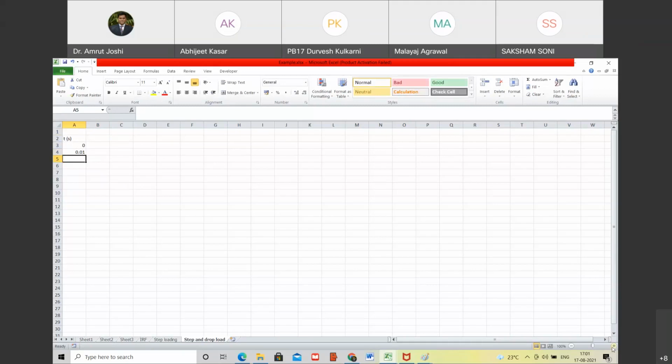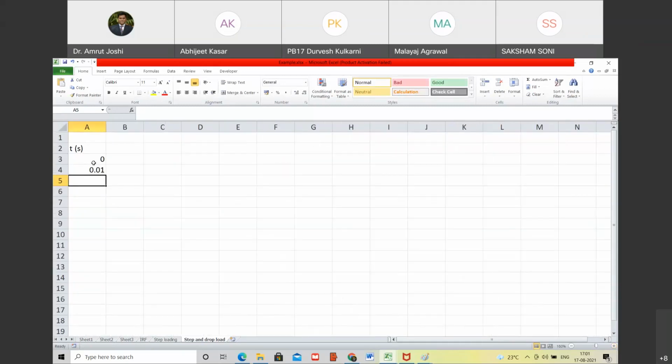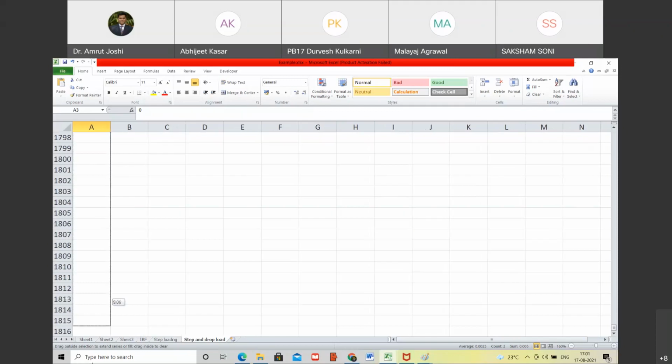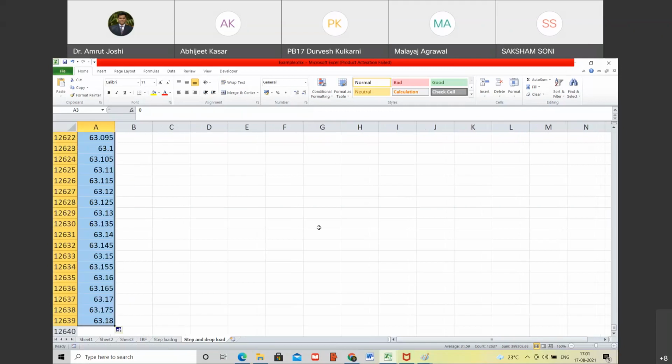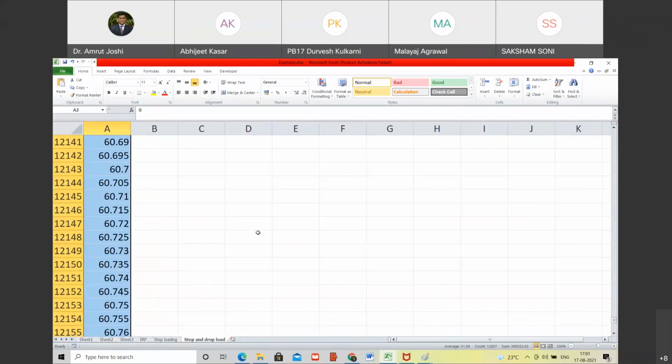So in the multiples of 0.01, or let us say in the multiples of 0.005. Let us plot this up to 11, 12 seconds. No, we have to go till 30 seconds, because in the last case we have the value of T2 equal to 20 seconds. Anyway, I have taken this response up to 60 seconds. I hope you are able to see this clearly.